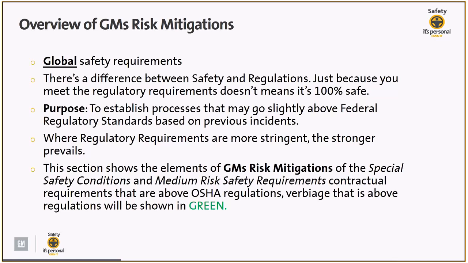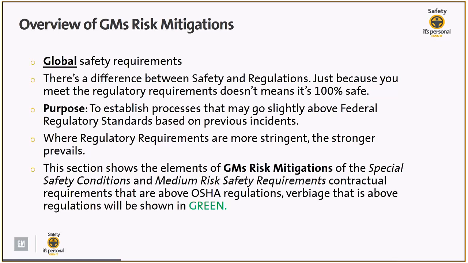So anywhere that you see green is where I'm going to emphasize to you that these are requirements that are above OSHA regulations. So keep in mind, the GM Special Safety Conditions entire document for 2019 is 74 pages. I would say 55 pages of those are probably risk mitigations. But out of those 55 pages, let's take a look at the slides or the line items that are truly